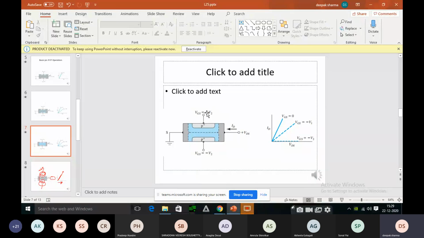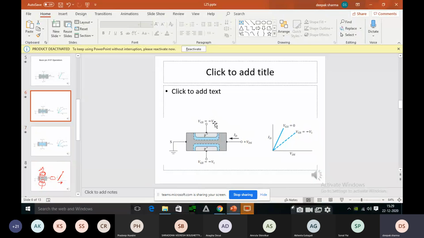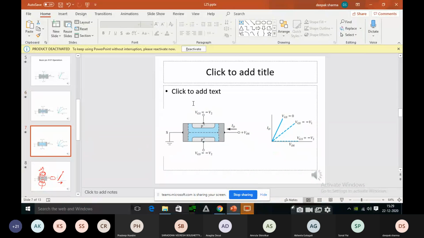So what is happening in the next diagram? What is happening here? V2, VGS equals minus V2. So here V2 means what? It is more negative. V1 was somewhat negative, say minus 1 volt. But if I increase that, minus 2, minus 3, that means I'm increasing the negative potential at the gate, more reverse biasing. That is leading to a more reverse bias condition,